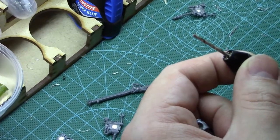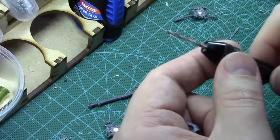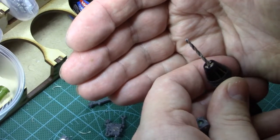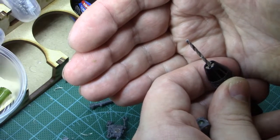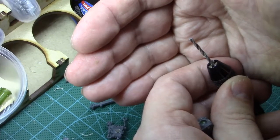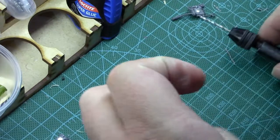And then I also have at my disposal a 3mm drill bit if I need to make a 3mm hole. But if you look at the tip of this, it comes to a point, and sometimes the arms aren't thick enough to where you can drill deep enough to sit a magnet flush without this point poking through the side of the arm. So when it comes to that, I drill the hole about halfway deep that I need it,